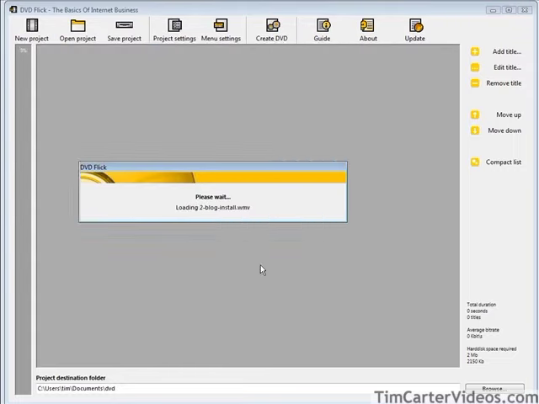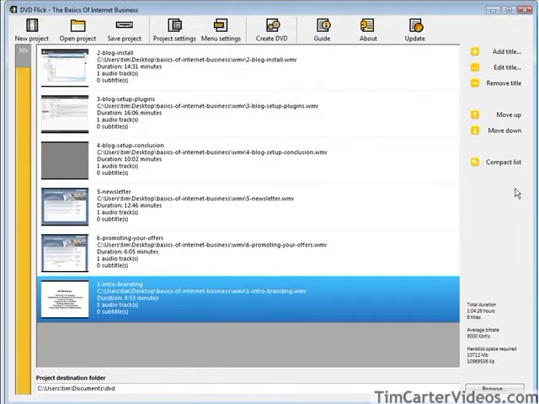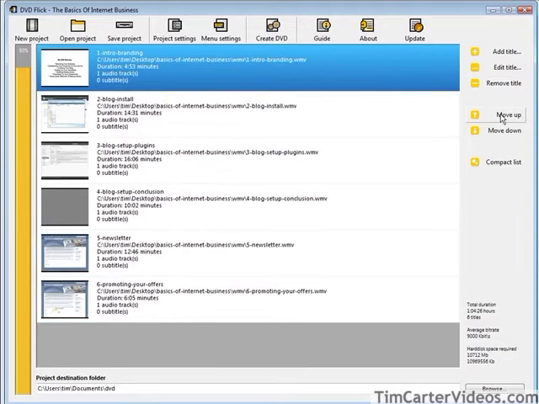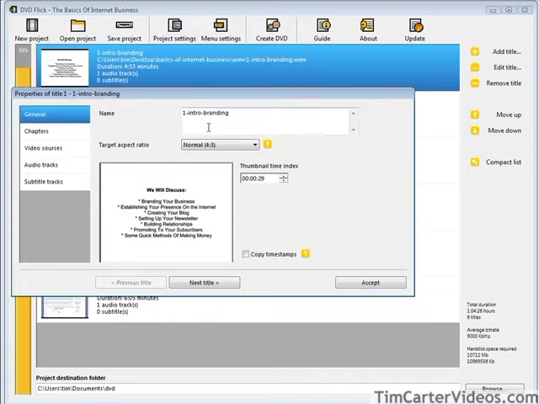Click open. Now we can move these up and down, so we need to move this up to the top. As you can see, in this particular pack we have an order of 1, 2, 3, 4, 5, 6, so it's easy to tell where they belong. They also contain titles, so all we have to do now is edit each title. So in the first one, we'll edit the title, and then we can just call it